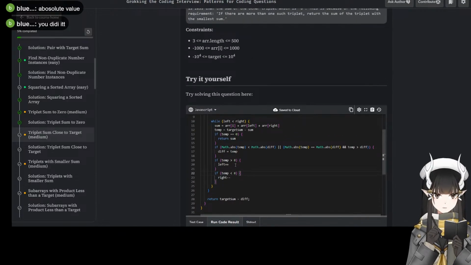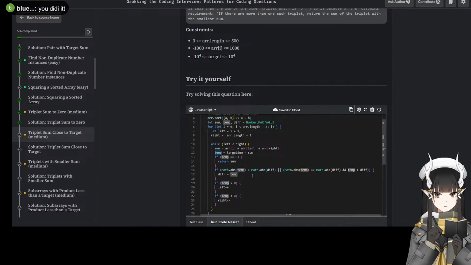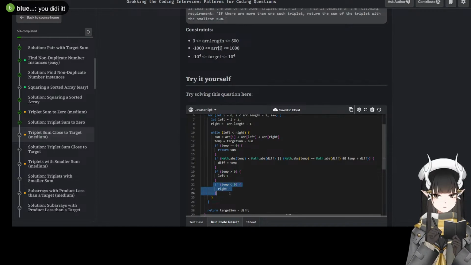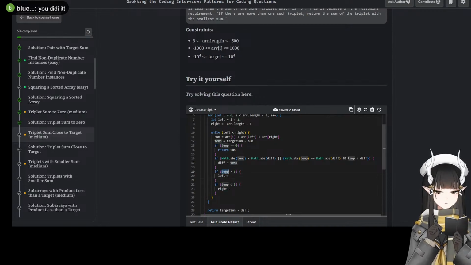You know why? Because the... So I had it correct. The only difference is that this order is reversed. I mean, I was missing this part, and that order was reversed. So 10 is the difference between the target and the sum, right?